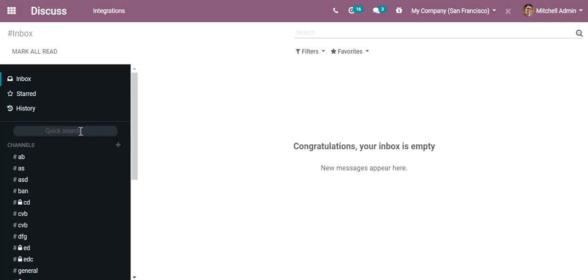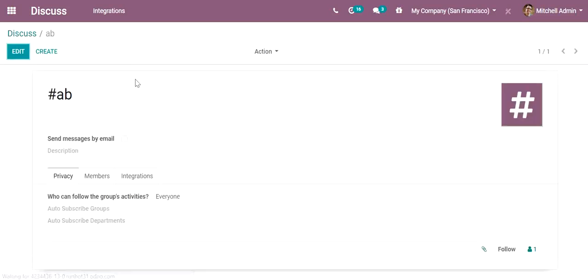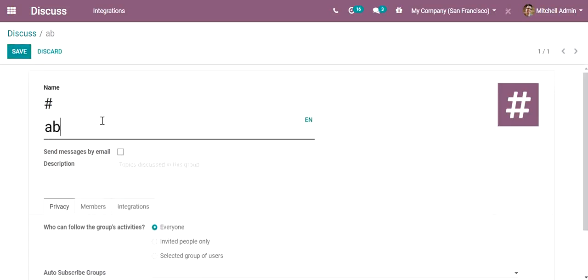Next, the configuration of the channel. The configuration can be done using the settings icon here. When we click on that, the channel opens. The configuration includes things like the name of the channel, which you can edit here. If you don't want it to be AB, let it be something else.